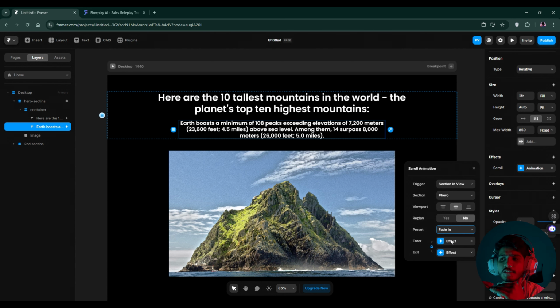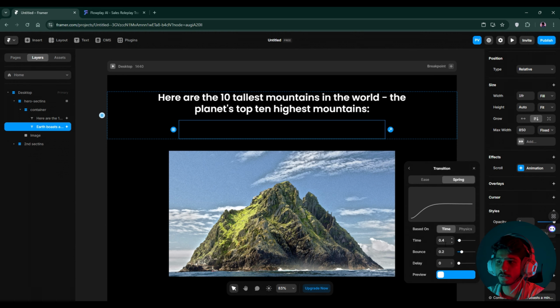We will try this one by one. Firstly we have used scale in, now we are going to use fade in animation, and remove the exit panel, and we do the same transition that we have done before. Time to 1 and bounce to 0.1. But there is a difference from the before one, because we are going to delay it 0.1 second, because firstly the heading will appear, then the paragraph will appear. If we do not make it delay, both the animations will come at the same time.